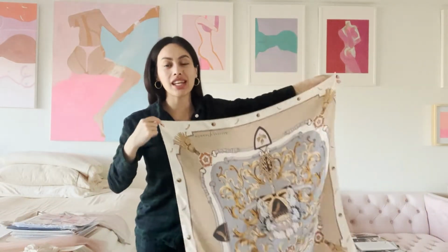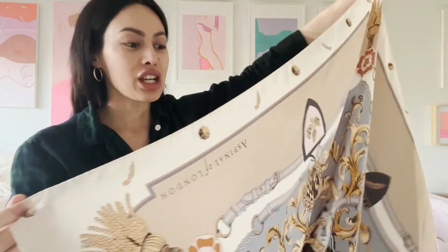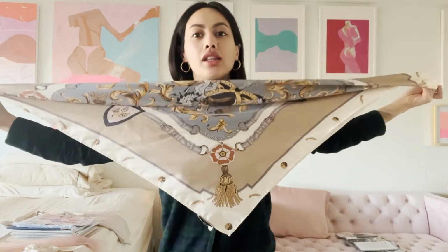This is huge. This is like an actual flag. I'm 5'2.5" for height reference, so I have to fold this a couple times. I like to do it triangle style and then a little layer here, and I like to do the cowboy style. So I wrap it this way like a triangle, have this little tassel showing, and then I tie it once, and then I can either do the fake Windsor